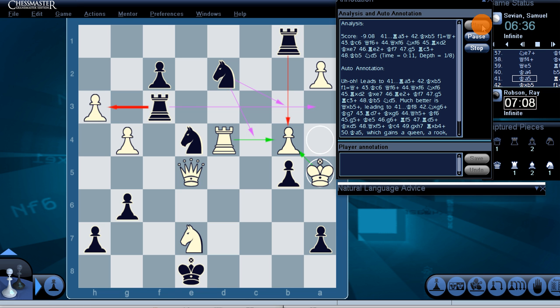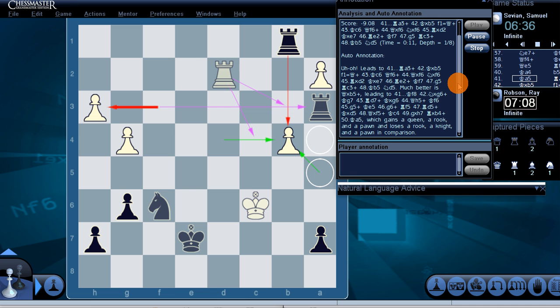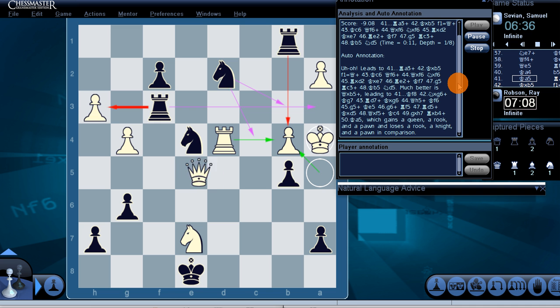King a5, uh-oh, leads to rook a3, check, king takes b5, f1, queen, check, king c6, queen f6, check, queen takes f6, knight takes f6, rook takes d2, king takes e7, rook e2, check, king f7, g5, rook c3, check, king b5, knight d5. Much better is queen takes b5, check, leading to